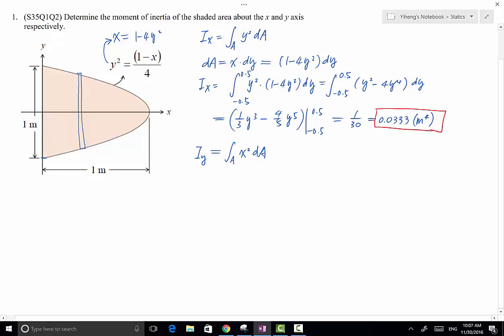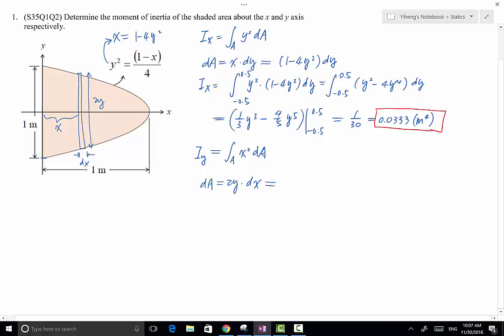Now for this vertical strip, it is at an arbitrary location x, its total height right here is actually 2 times y. So from here to here, that's y. So the total height right here is 2y. And the width here is dx. So with that, dA equals 2y times dx,